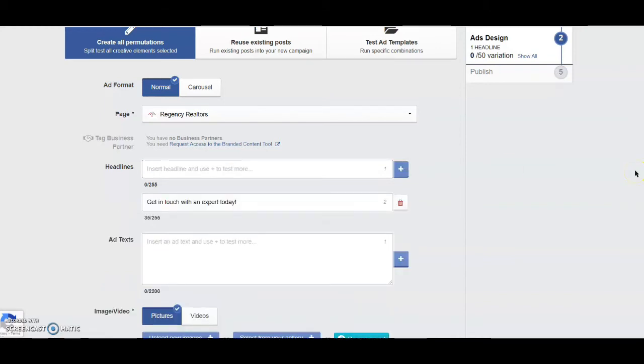Alright, so here comes the A/B testing part. Like I mentioned before, with Ad Espresso, you can test out different headlines, different captions, different creatives to see which one is performing better. And you can do all this without having to create multiple campaigns. Right? So as for my headlines, I would want to test out two different versions and see which one is performing better for my campaign. I have one added here. I'm going to add the other one.